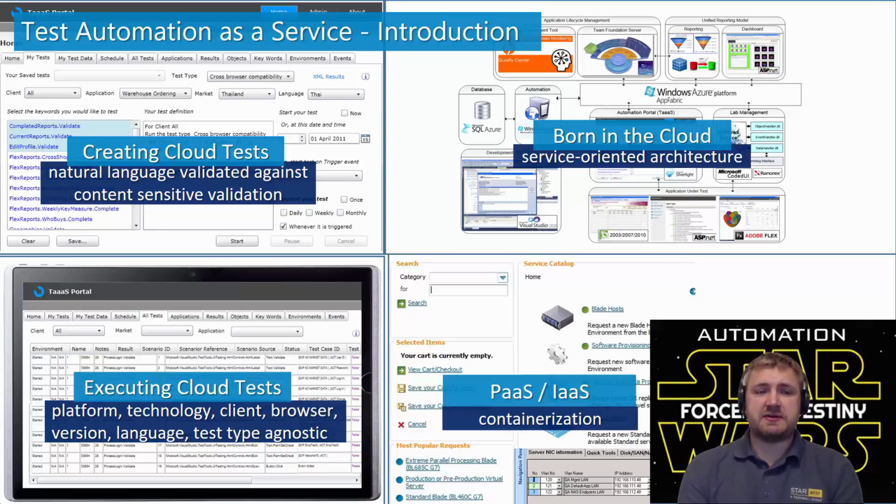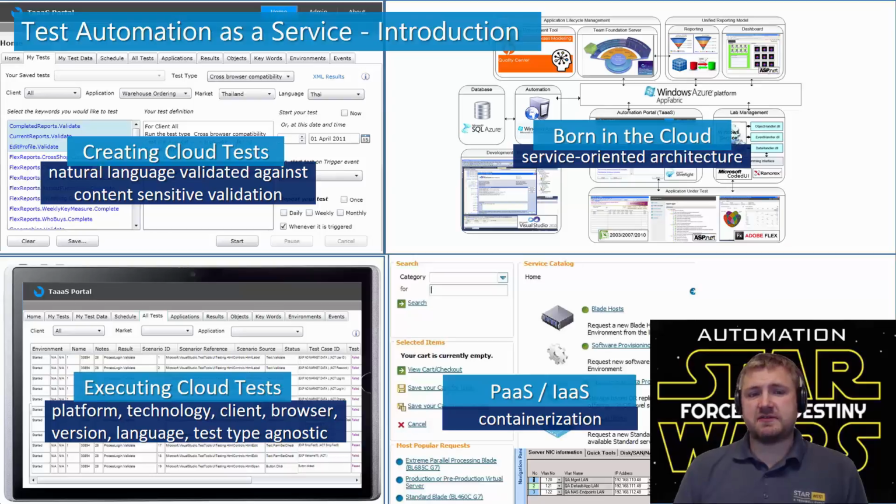But what we started trying to understand is how do we give people a portal so they can self-serve the creation of automation, which is also independent of languages, and also the domain and potential application under test. Equally, test type agnostic, so whether this was performance, security, pen testing, or cross-browser testing, whatever it may be, we were able to create artifacts for that particular environment.